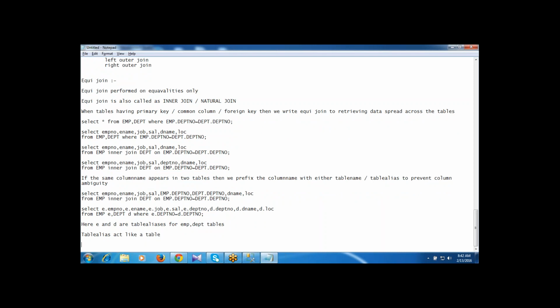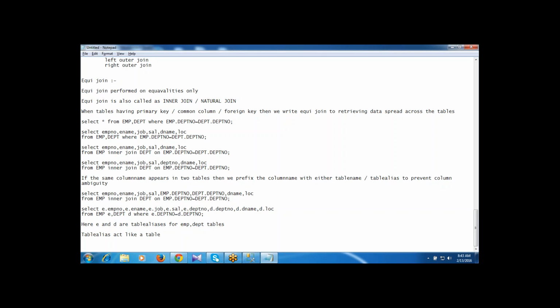While retrieving the information from existing tables, if the same column name appears in the two tables, then we prefix the column name with either table name or the table alias to prevent the column ambiguity. So we have written EMP.DEPTNO, DEPT.DEPTNO. Then using the table aliases we have written the query.